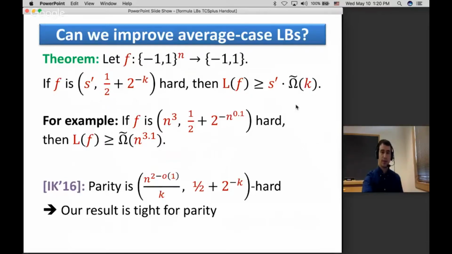And I think that both of these things can be eliminated. So I think really you can get rid of this tilde and you can get rid of this little o of 1. Okay, and I want to mention that